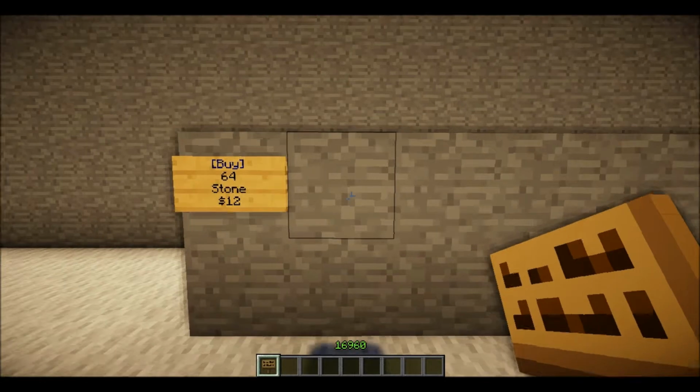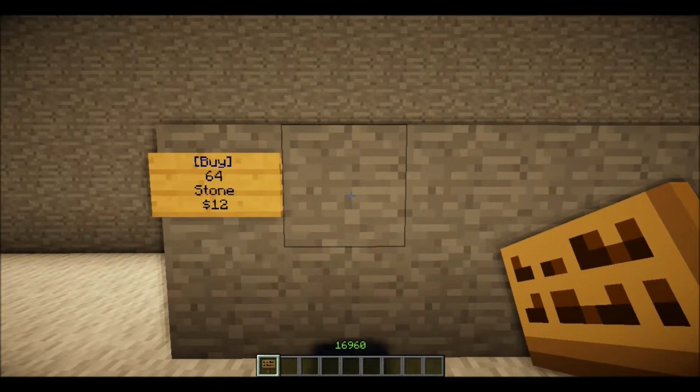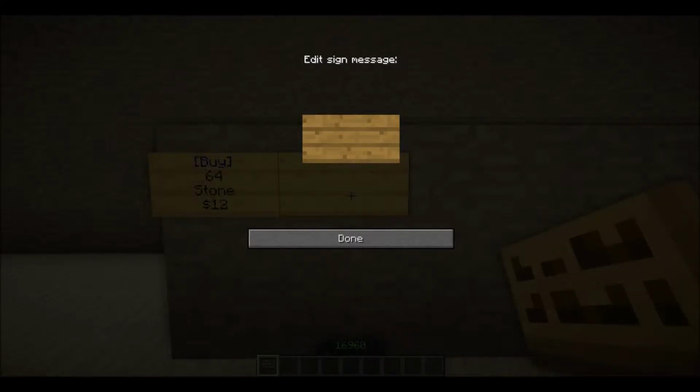The next sign we're going to create is a sell sign. On the first line of a sell sign, we're going to do open brackets and type sell. The capital S is optional. It'll be added automatically if you haven't done it in the actual sign creation. The next line is going to be the amount you want to be able to...